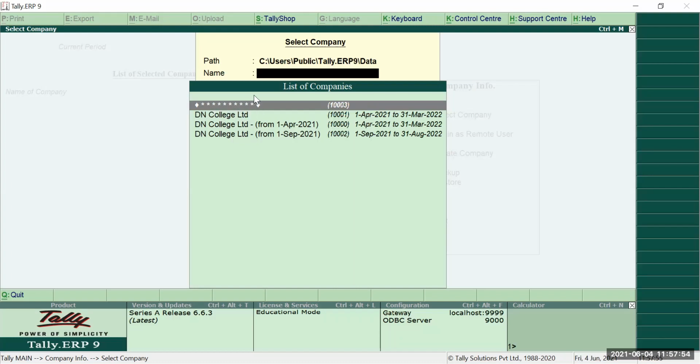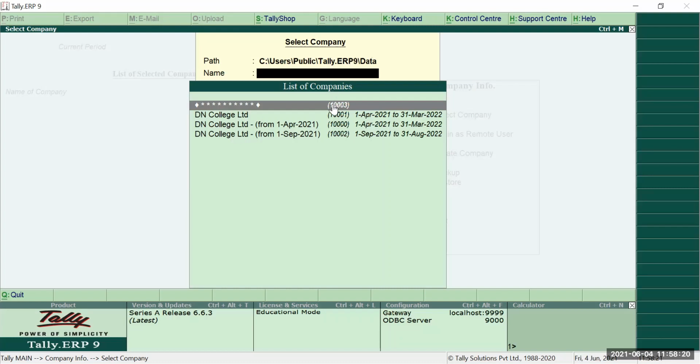There are stars instead of this because I have put televault password on this company. Suppose I have created a lot of companies and many of them have this star. You will be confused which company is which. Okay, so if you want to hide your company's name from other users, you can always use televault password. Clear hai?